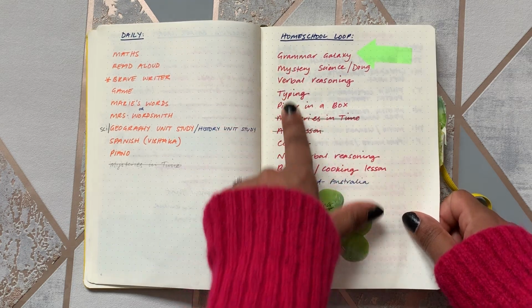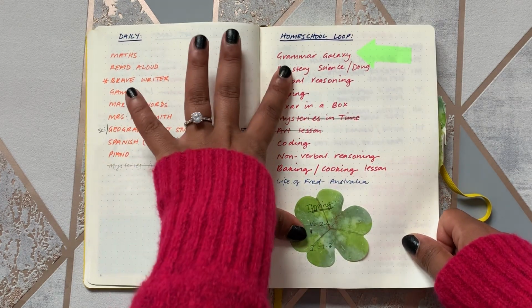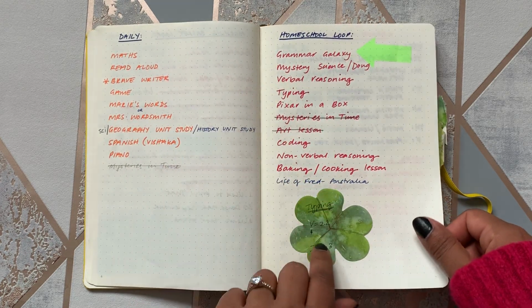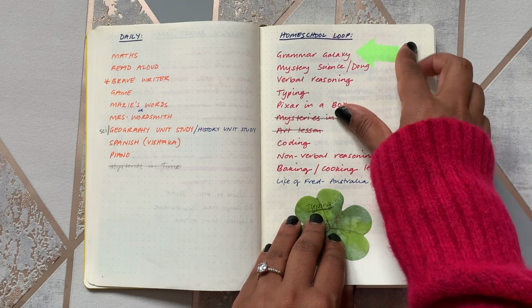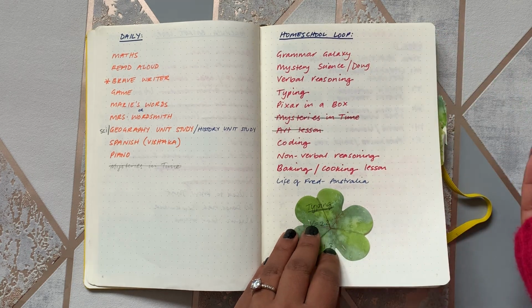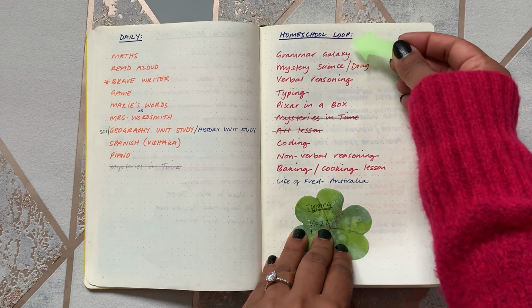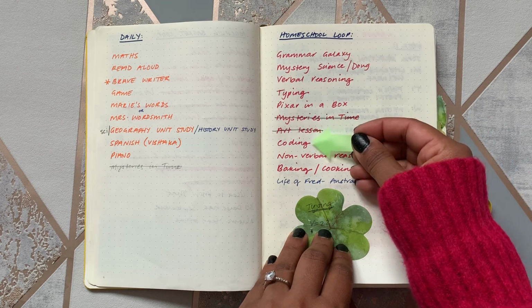And then I had a homeschool loop. So in addition to the things we were doing every day, I wanted to do at least 1 or 2 of these things every single day. And it's the same concept as the morning basket. On days that were quieter and we were at home all day, which used to be generally Tuesdays and Thursdays for us, we might get 2, maybe even 3 of these things done,